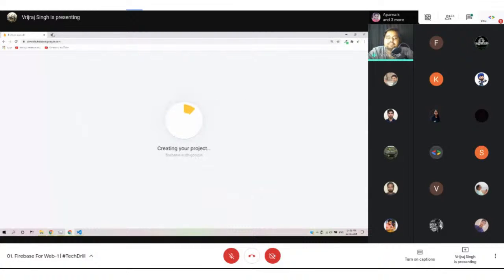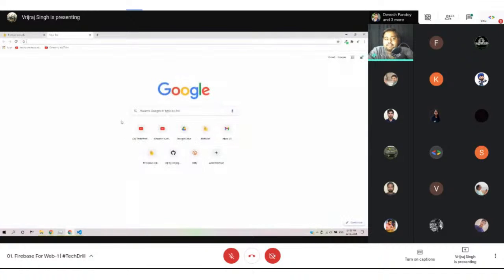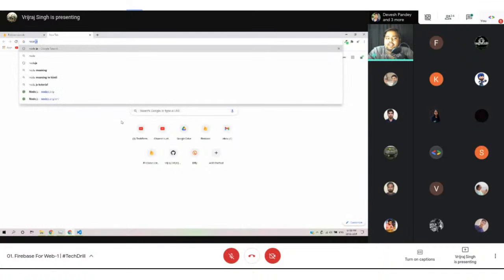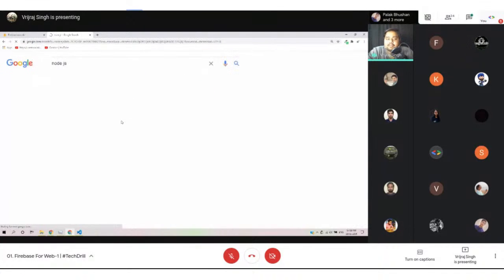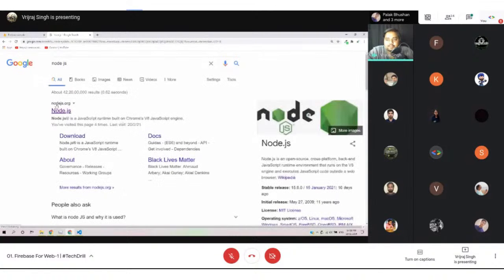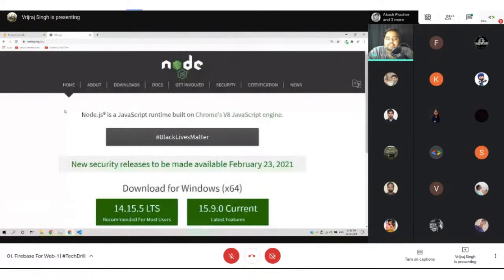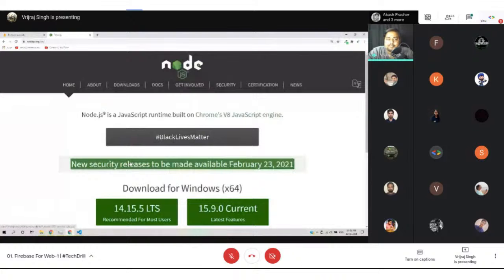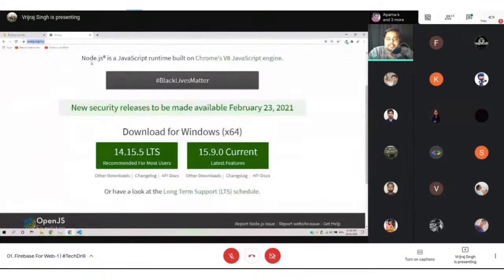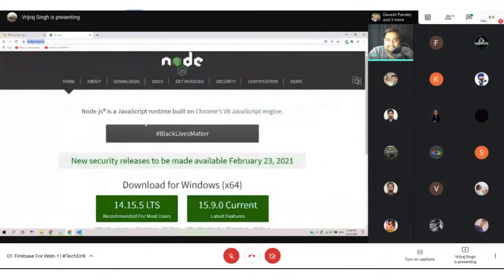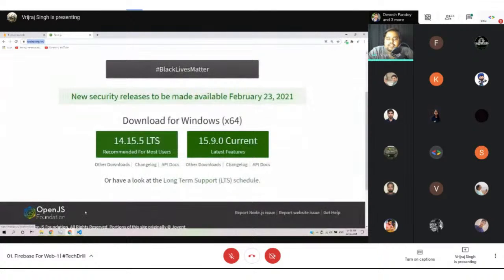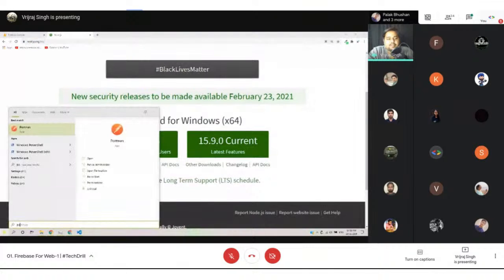And meanwhile, you have to install Node.js and Firebase CLI. For installing the Firebase CLI, you just need to install Node.js. If you have already set up Firebase CLI, it's okay. Or if you are a new user, first you need to download Node.js on your system. This is the website URL for Node.js. Just search Node.js and then download the LTS version. After downloading the LTS version, you just need to go to PowerShell